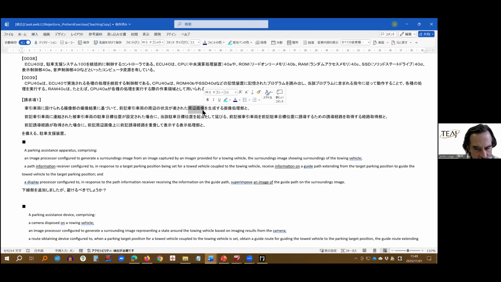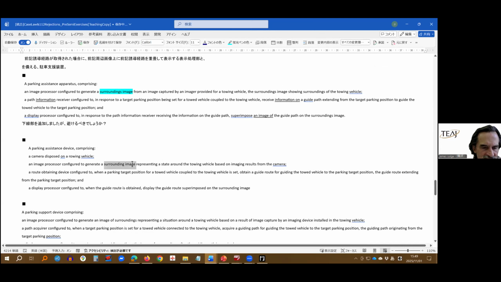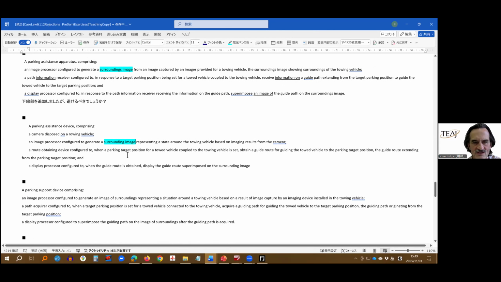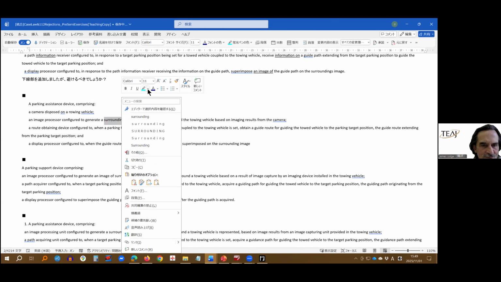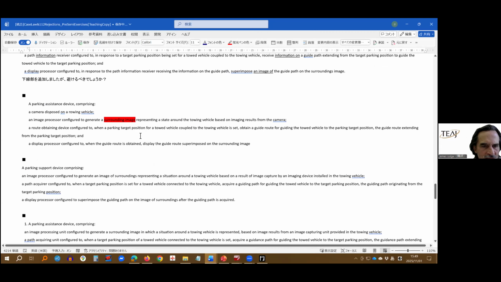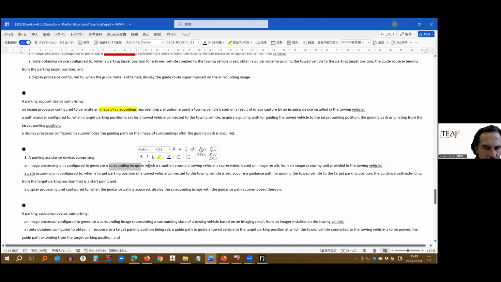So that distinction is really important here. And I did want to look at that. So this is good. It makes that distinction. Unfortunately, this is saying surrounding image, so it makes it sound like the image is surrounding something else, which is not the case. Image of surroundings, that's also, yeah, so I should maybe make this a different color, eh? But this, yeah, so this image of surroundings is what we're looking for. Surrounding image is not what we're looking for.